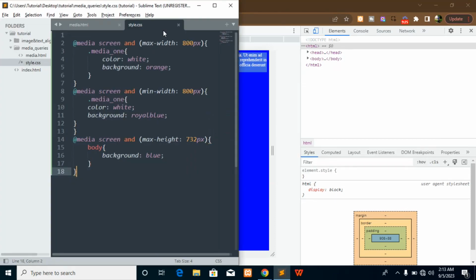The second thing now, or should I say the last thing for this tutorial, is minimum height. At media screen,